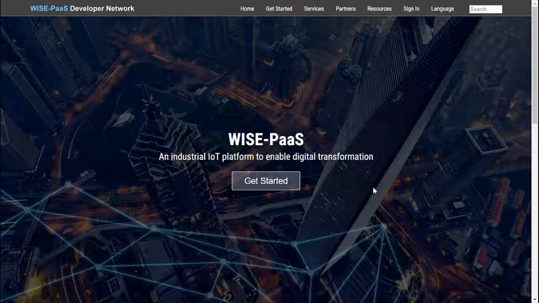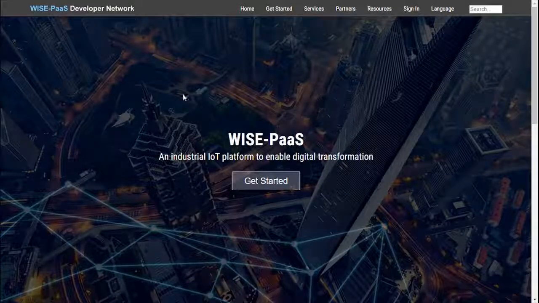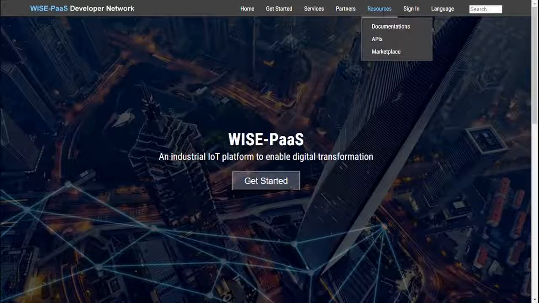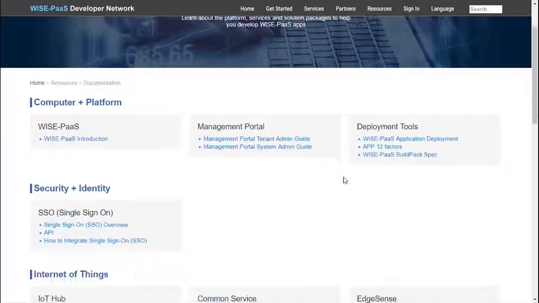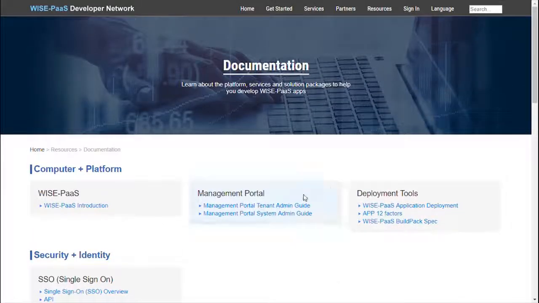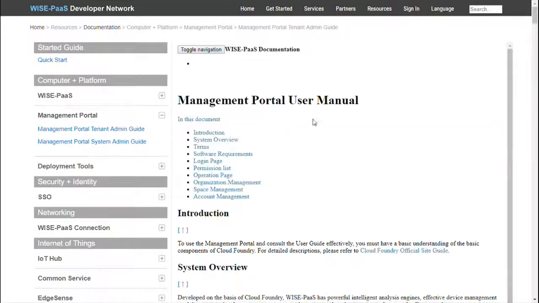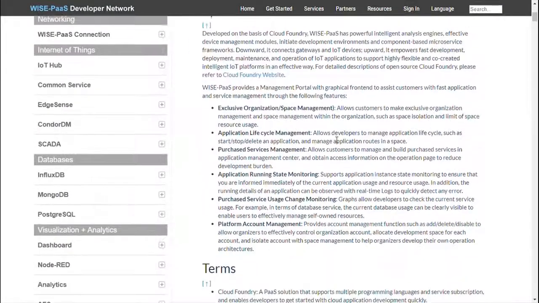NSAS management portal. So once you have your WISE-PaaS account, you can visit our technical portal page, which looks like this. And on this page you will be able to find all the documentations on the services and functions of WISE-PaaS. And what I'm going to do in this session is to walk you through this management portal user guide